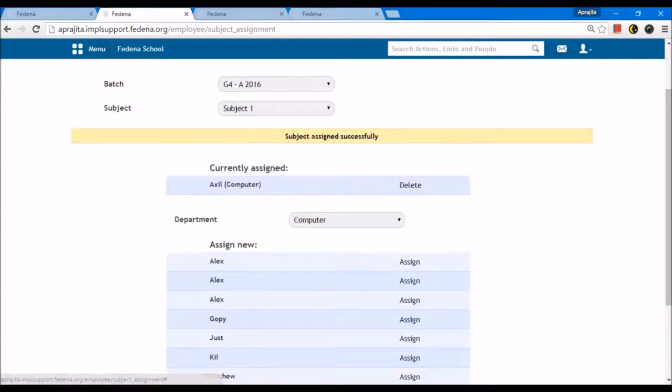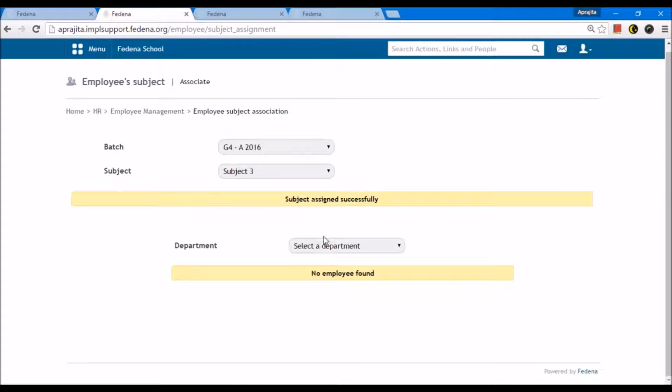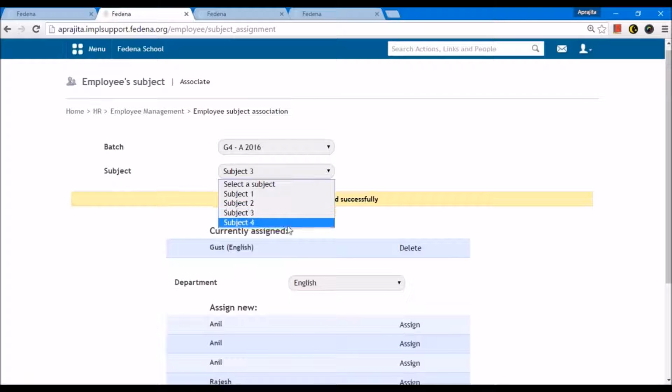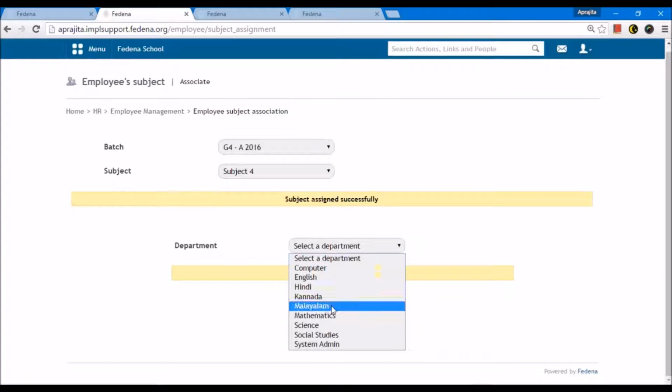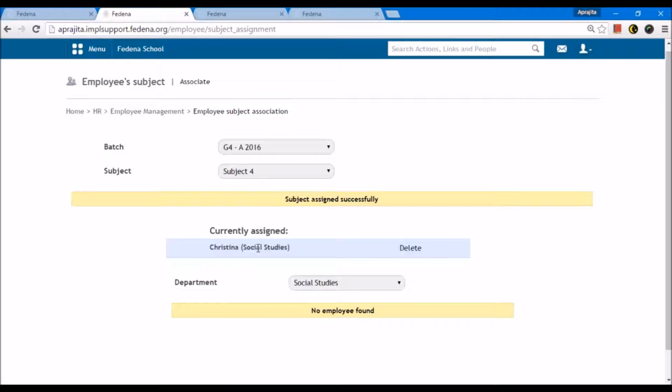So let's say this is the teacher who is going to teach subject 1 in grade 4. Then let me do the same for subject 2 and 3 and 4. So I'm assigning the teachers here. This is important if you want the teachers to be able to enter the marks.